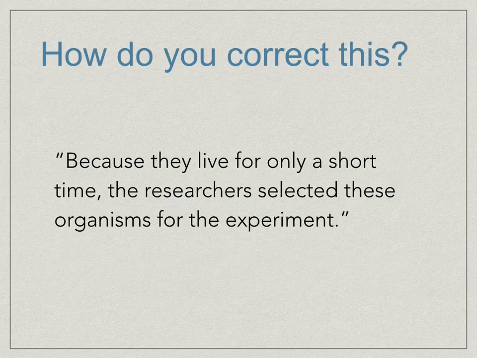Now, what this sentence would logically be saying, again, just using common sense, as you often have to do here, is that researchers would not be the ones living for a short period of time. It should be the organisms. And in fact, there are several types of experiments out in the real world that do rely on organisms that reproduce, that have multiple generations in a short period of time, so scientists can study how they develop. But one way or another, researchers living for a short period of time just does not make sense in any reasonable context. But remember from earlier, we have all of the nouns and all of the descriptions we actually need,